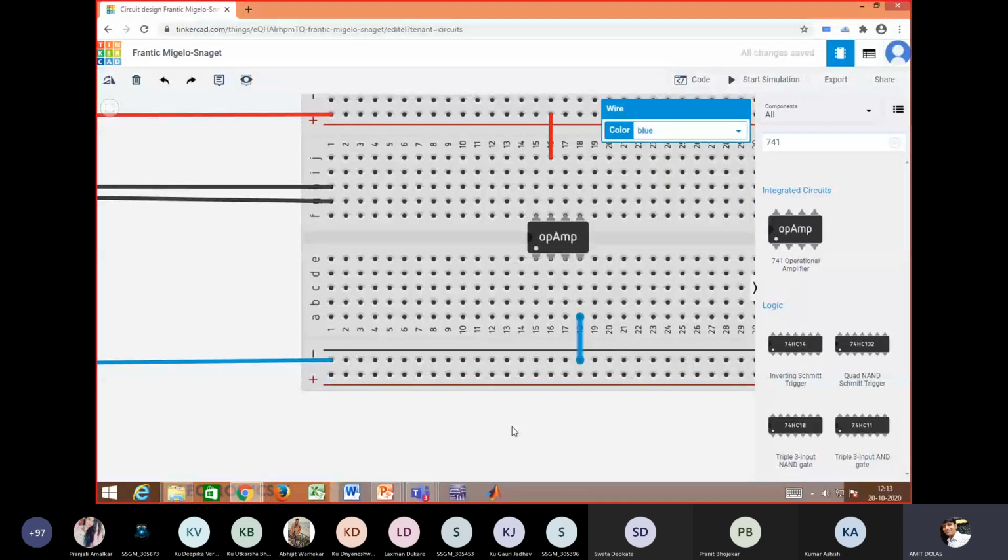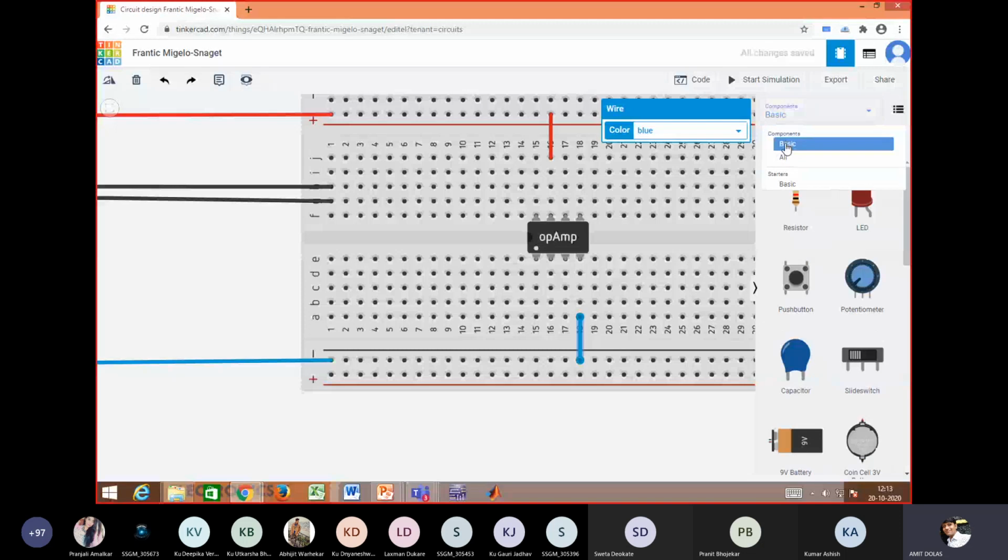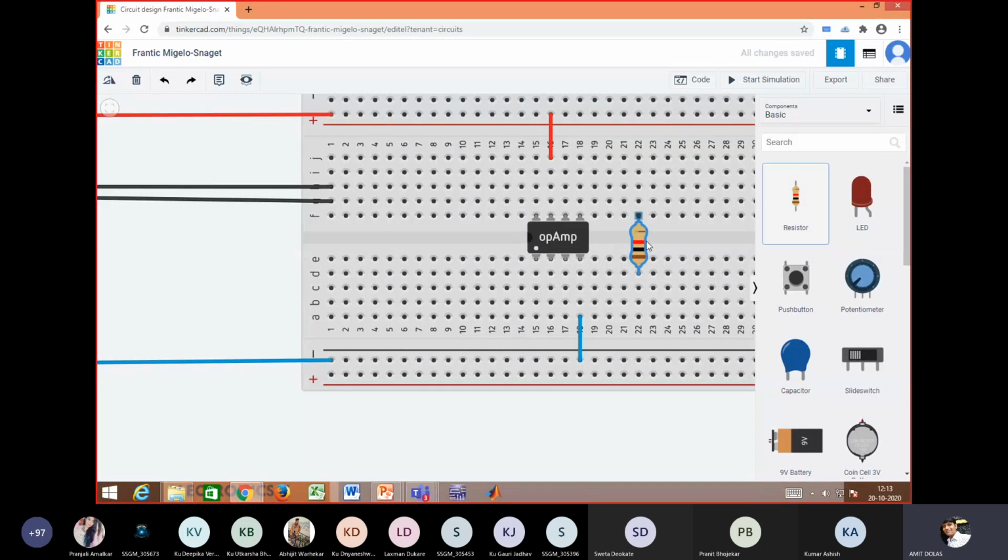And ground, don't connect ground to the power supply pins. It should be connected to plus and minus. Ground will be connected to the resistance. So here, what is the Schmitt trigger circuit? One resistance is connected between the output and the non-inverting input. So we'll pick one resistance here, from the basic blocks, one resistor here. Here is one resistance and we'll connect 1K.